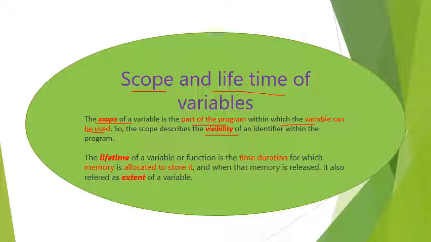So what is the scope? It is the part of the program where that variable can be used. If you declare int a in the global declaration portion, its scope will be the entire program. So we can use the variable a anywhere inside that program. So scope is the part of the program where the declared variable can be used. It is called the scope or visibility of the variable.